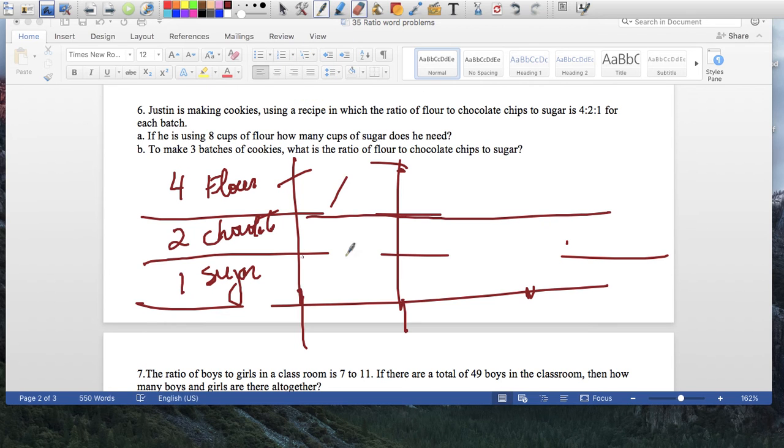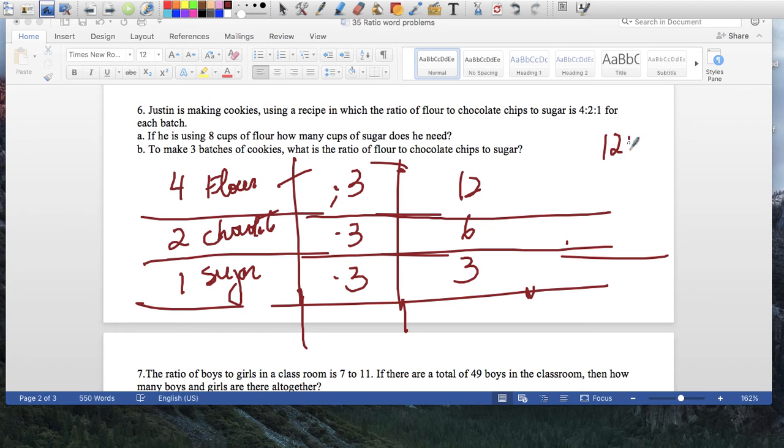So if I'm going to make 3 batches of cookies, this is 1 batch, right? This is 1 recipe of cookies. If I make 3, it would be times 3, times 3, times 3, which gives 12, 6, 3. What's the ratio of flour to chocolate chips to sugar? It's going to be 12 to 6 to 3. I don't understand the last